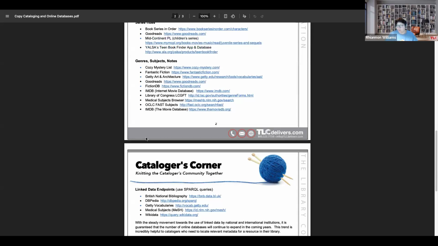So there's some really great resources out there if you aren't able to find a really comprehensive, already cataloged title record. And I'll show what that looks like of finding those and then being able to pull in information from